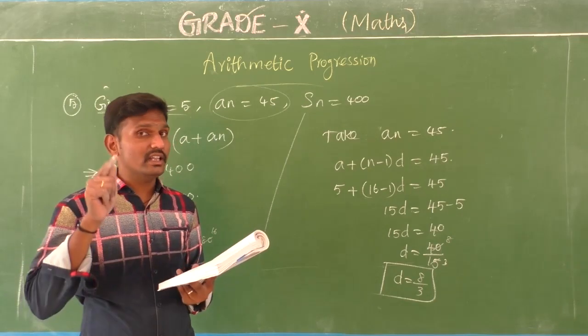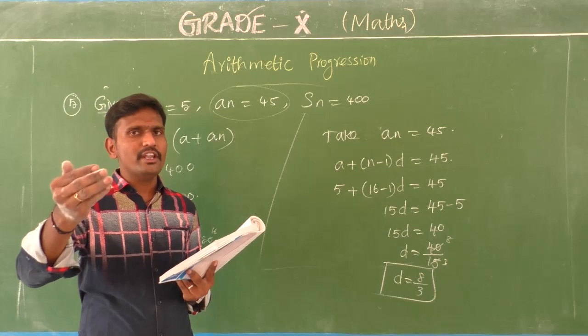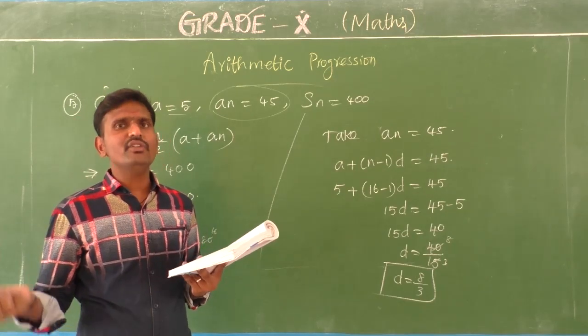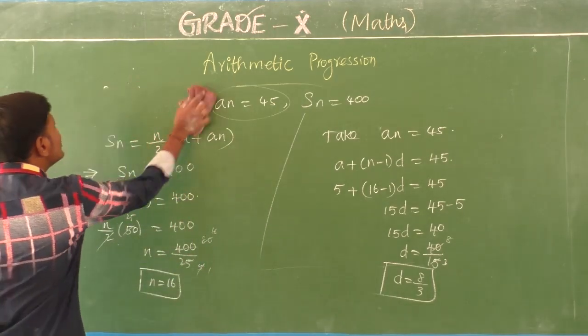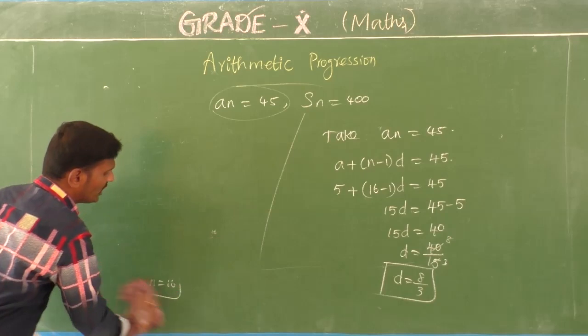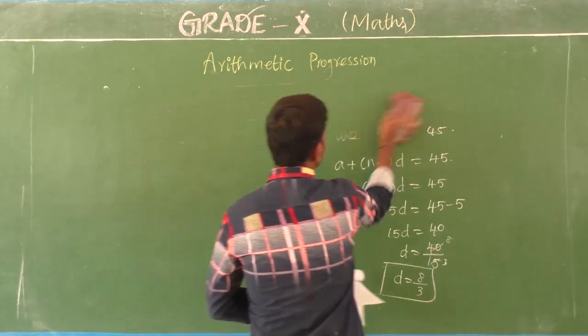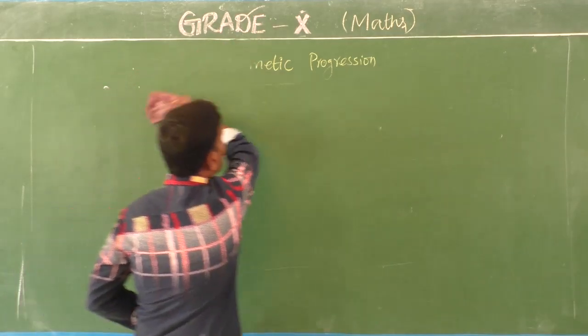So from the An we need to substitute the first term, An already, and the common difference is also known. So you substitute the first term and common difference to get the value of n. And then that n we have to substitute in the Sn formula to get the answer in the simplest way. So question number 6 has the same pattern as the first question. So try it as your homework.